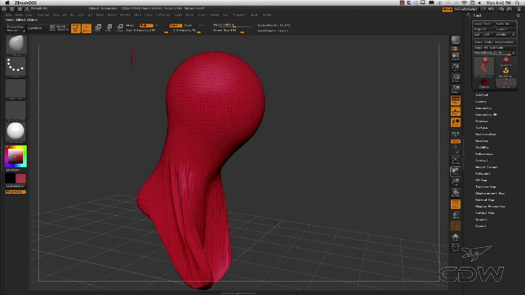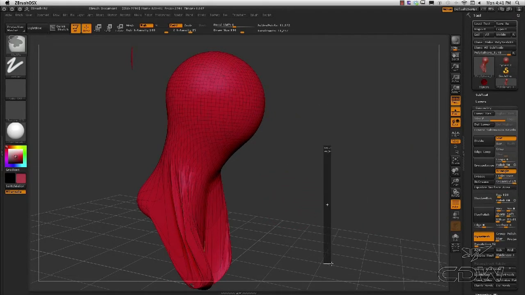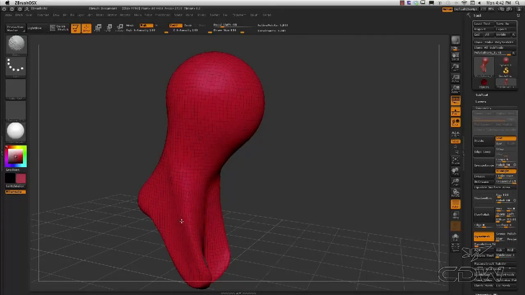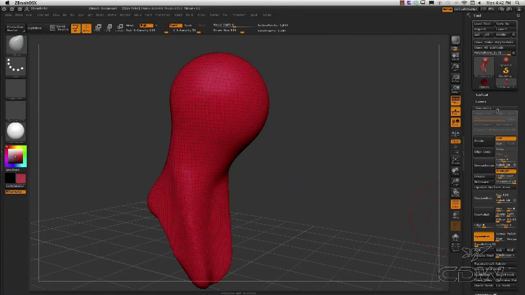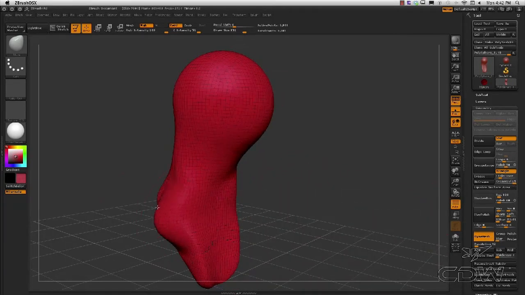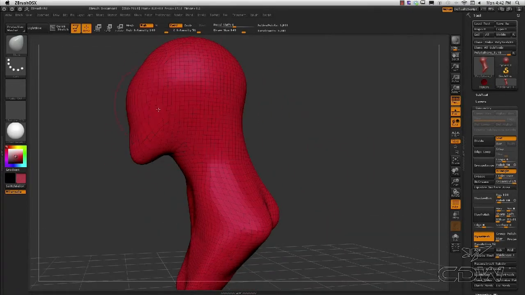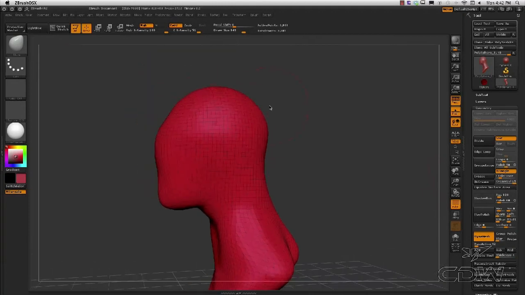Well, since we started with Dynamesh 32, oh my goodness. Some of you may have no idea what happened, but that is magic right there. This is fantastic, okay? So what I did while using Dynamesh is under the geometry tab, there's this little orange button that says Dynamesh. And since we started with Dynamesh 32, by default, it is on. And all I'm doing is moving the mesh, just using the move brush, and I have a very large size brush. You'll start to notice